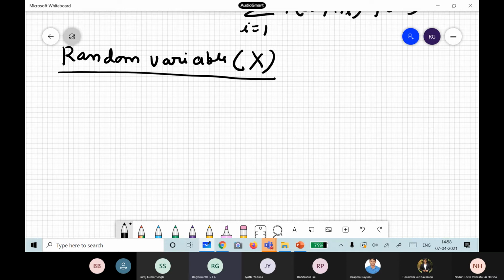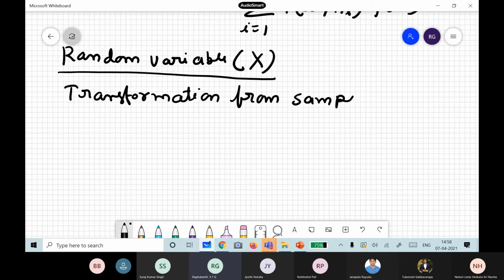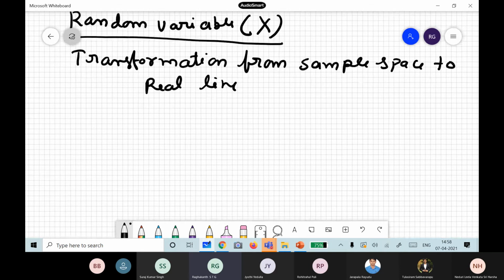See, the name itself is wrong. Random variable, the name says, generally people think random means it can take any value or something like that, but random variable definition is not that one. Okay, so it is basically a transformation, a mapping. It is a transformation, you see, from sample space to real line. So this is the definition of random variable. You followed? So random variable is just a mapping. Like sample space is here, say. So you are mapping everything to the real line actually. So this is how the random variable is defined.